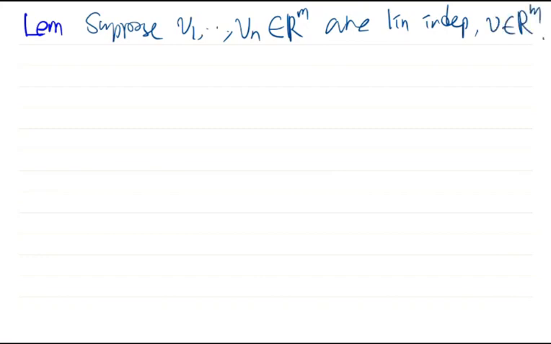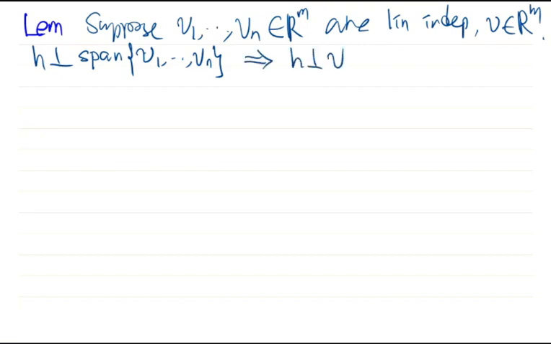Then, if for any h orthogonal to the subspace spanned by v1, ..., vn, we always have h orthogonal to v,